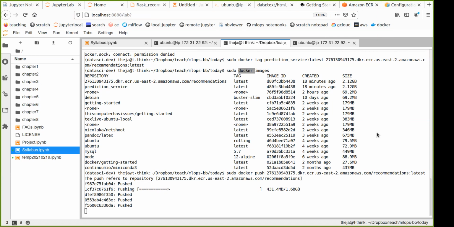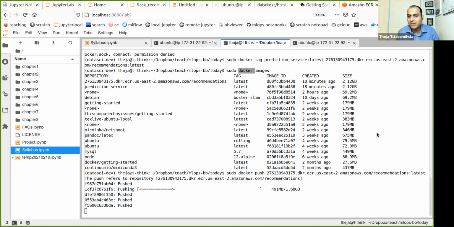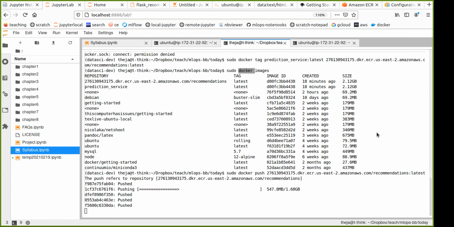It doesn't have to be ECR. If you have a public image that you just want to run, like from Docker Hub, you don't need ECR. But ECR is for when you have your model, potentially a proprietary model, and you want to expose it only to certain people. Then ECR is the way to go. You don't want to give it away to everybody, right? Right.